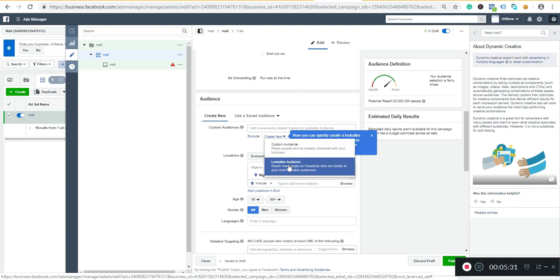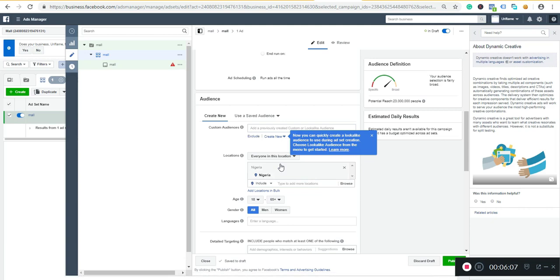It's going to pick a lookalike audience, like those that are messaging you on Instagram or on Facebook. You can pick a lookalike audience, people that are similar to doing that once they see your advertisement as well. So you can choose either of these two. So let me show you how to set up a lookalike audience,